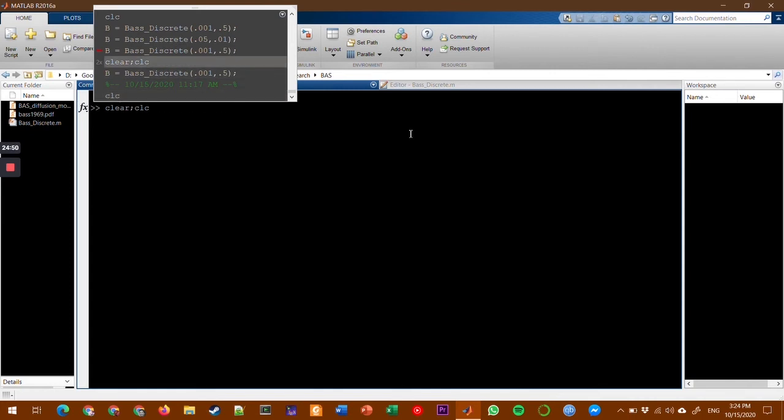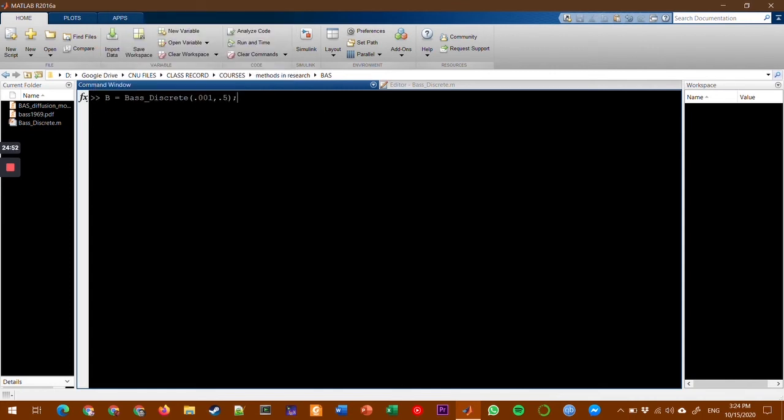This is how I run my program. So let's say I start from these values: my p is 0.001 and my q is 0.5. So q is 0.5, meaning it is far different from the p of 0.001. So based on this assumption, the behavior of your product adoption is solely due to the contribution of the imitators. Okay? If we run this one,